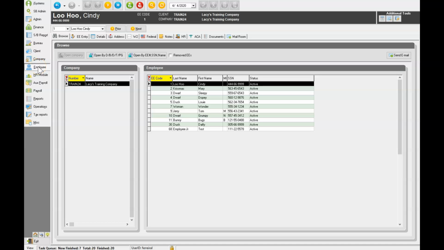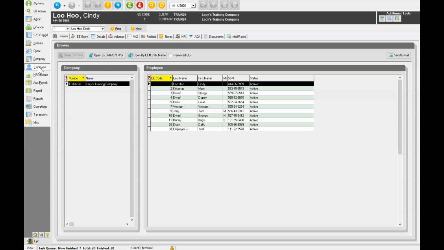Welcome to Payroll Country. Today we're going to take a look at how to complete the setup and payroll entries for employees with leave under the Families First Coronavirus Response Act, or FFCRA, in Evolution Classic. First and foremost, new earning and deduction codes must be set up in your company. If you have not requested setup for FFCRA leave, please contact your dedicated customer service representative to begin that process